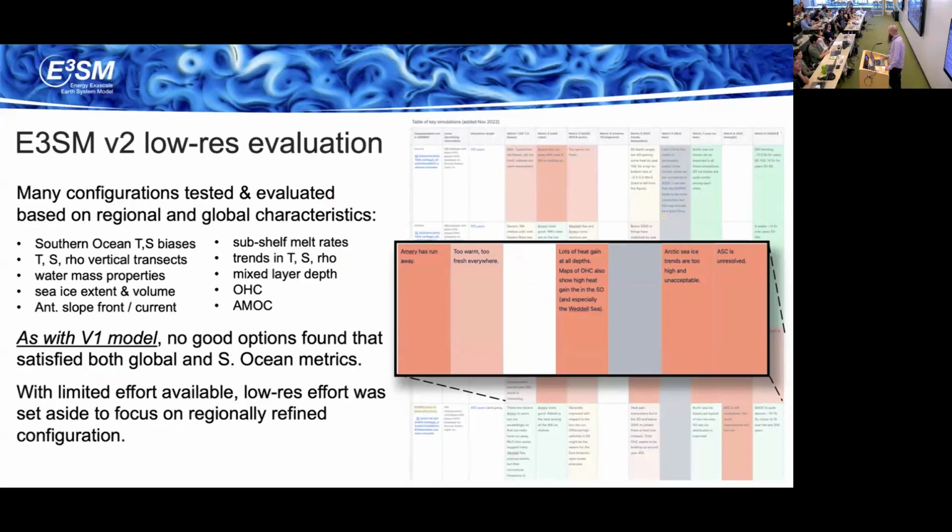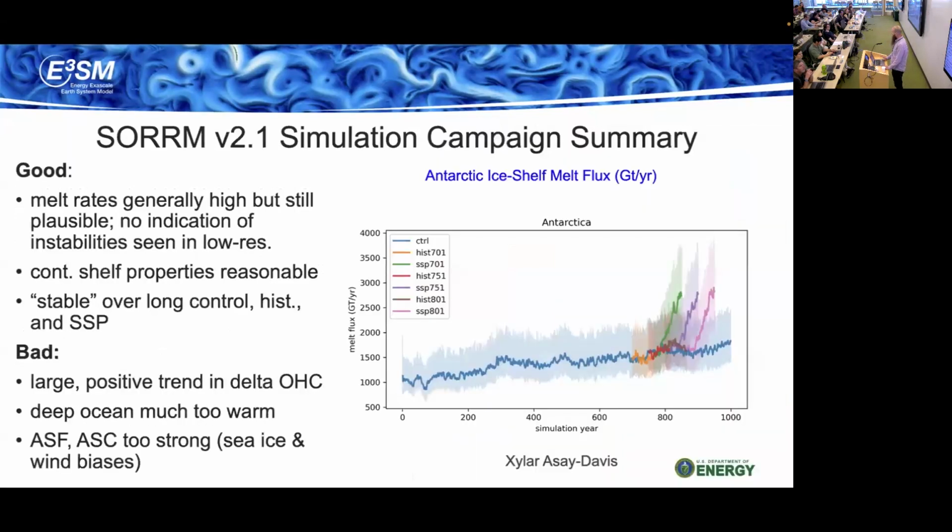We did a number of various tuning efforts to try to get the Southern Ocean to look better in both low resolution and this storm configuration. And it was always a bit of a whack-a-mole trade-off where we could get the Southern Ocean to look good, but had to accept some global biases that were worse or more severe than in the standard configuration. So now to talk up some successes.